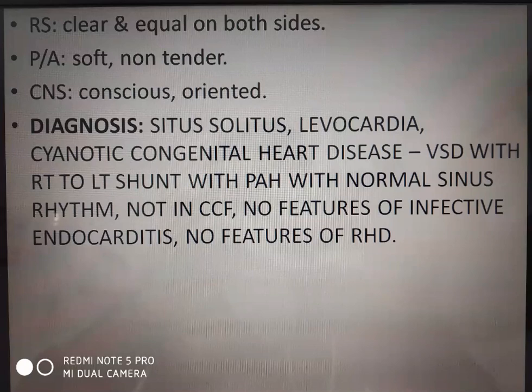Third example, when there is only a single valve. Example? Truncus arteriosus. Pulmonary atresia or aortic atresia. Aortic atresia is very uncommon. So pulmonary atresia, truncus arteriosus, and also, if you want, you can consider hypoplastic left heart syndrome with aortic atresia. Fourth mechanism.